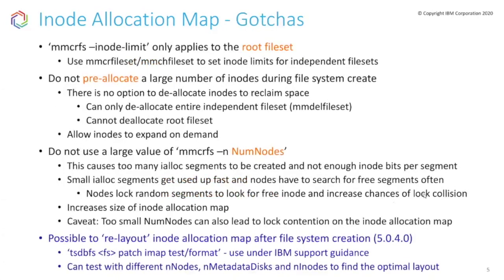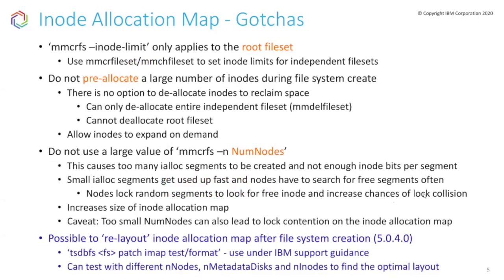Some things that we need to remember with the inode allocation map, specifically as relating to performance. Here are some gotchas that we found over various engagements with our customers. There is a misunderstanding that the inode limit, the limit that I talked about in the first slide, which the user can specify for the amount of inodes that is allocated for a particular inode space. This limit that we give as part of the file system creation command, mmcrfs, only applies to what we